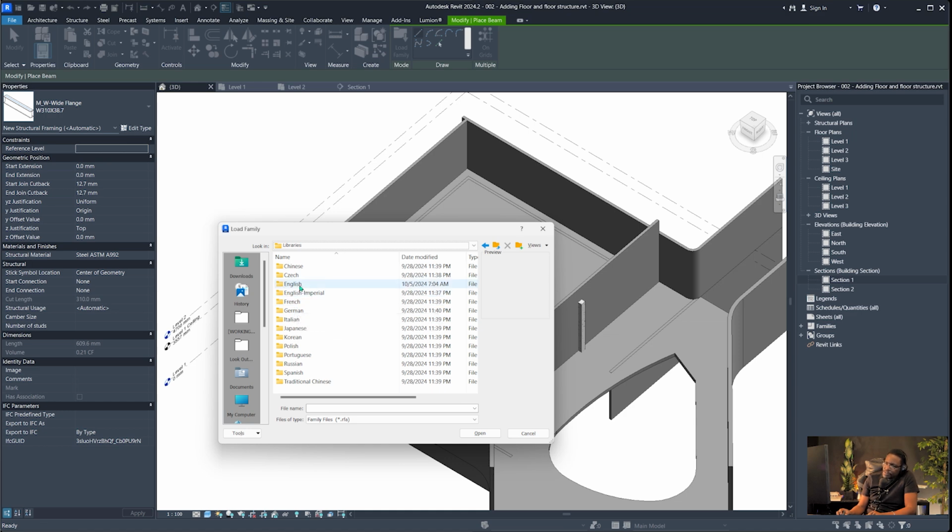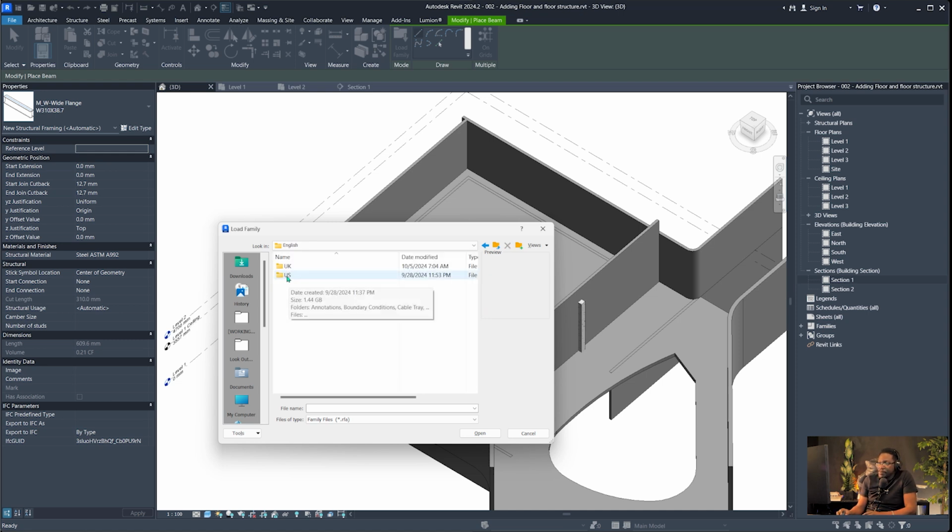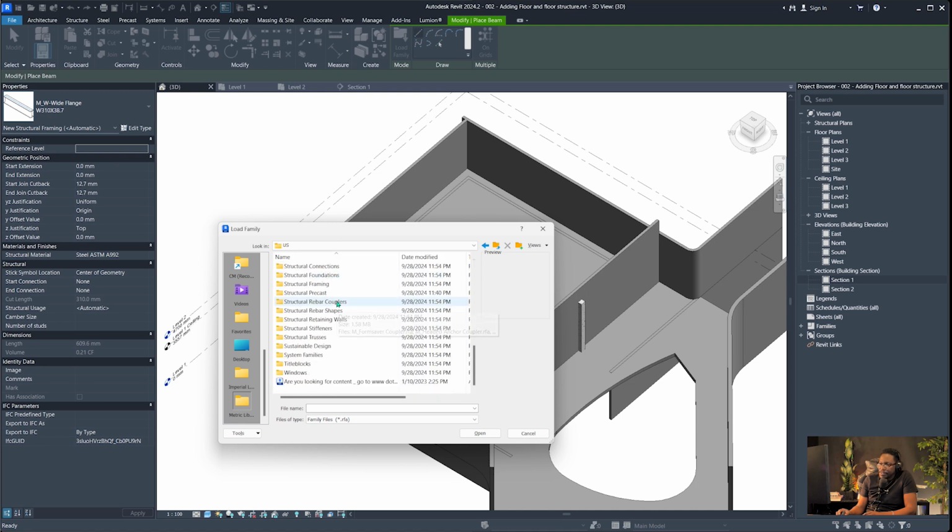Notice I get the option of English or English Imperial. So I want you guys to go into English, which simply means it's going to be metric. We're going to go to US. We're going to scroll down and look for structural framing, because that's what the category is,